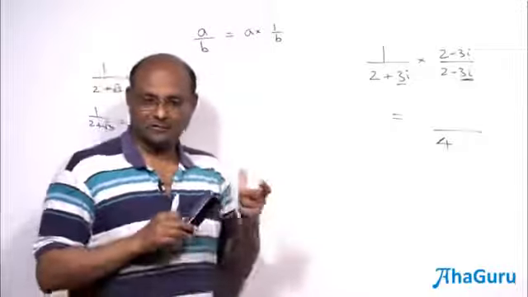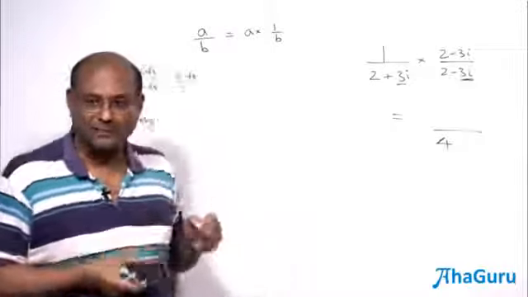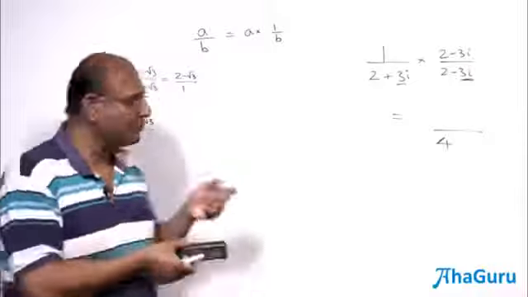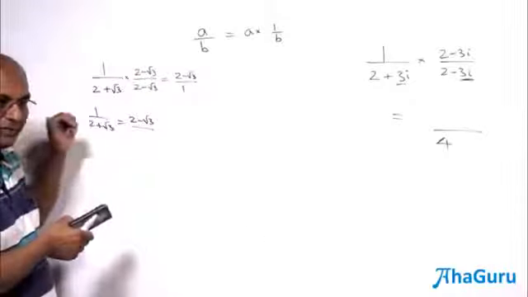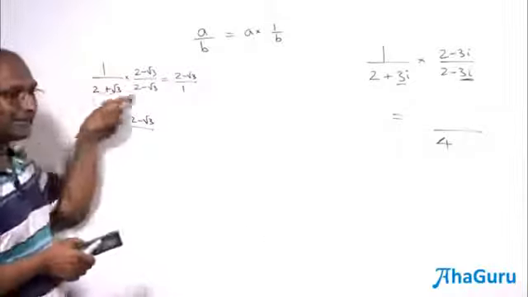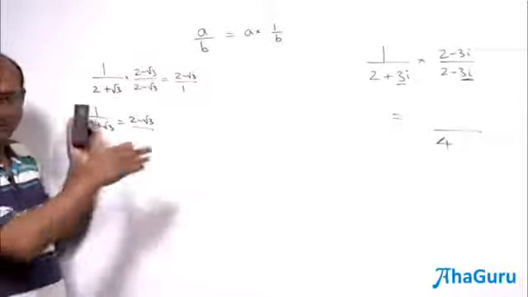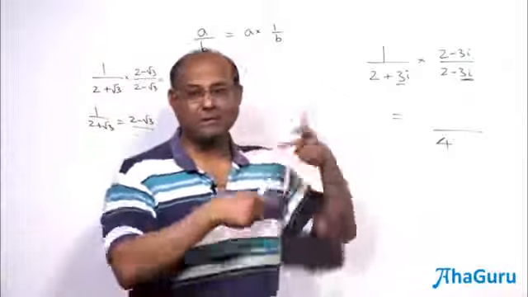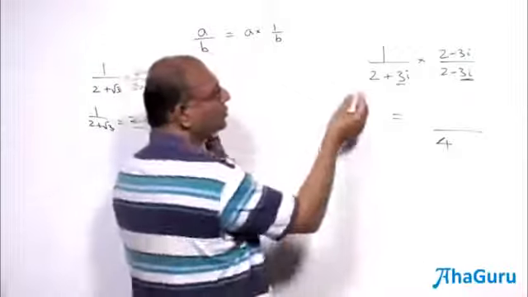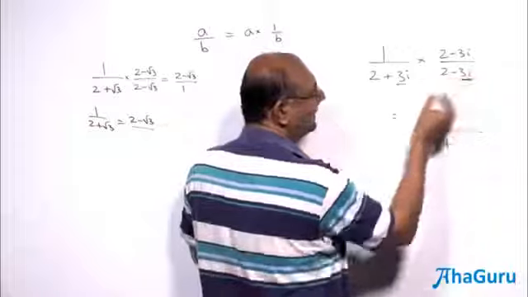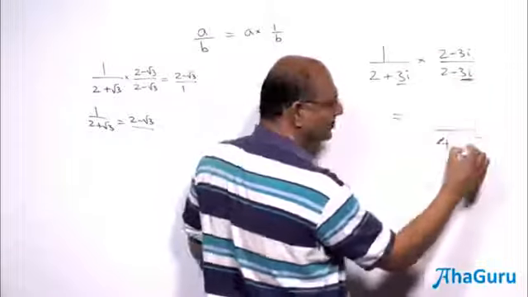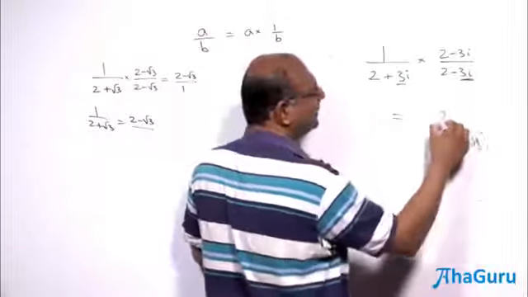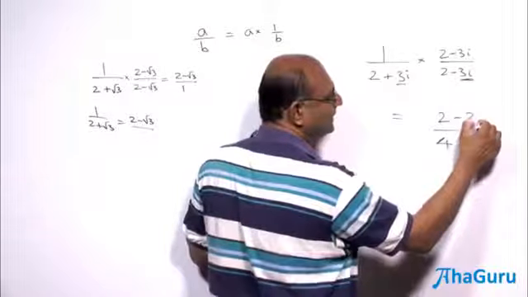Okay, but there might be a reason to worry, because one of them may turn out to be 0. If you wrote this badly, usually even here you should not worry, because it's real, and rational and irrational will never cancel out and make it 0. But here you definitely don't have to worry, because it's going to become plus. So 2 square 4 minus 9 into minus 1, so plus 9. And in the numerator I have 2 minus 3i.